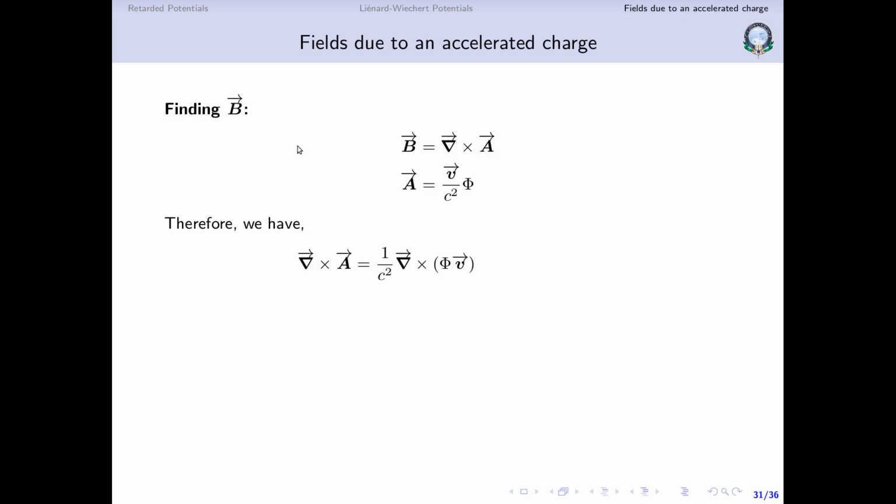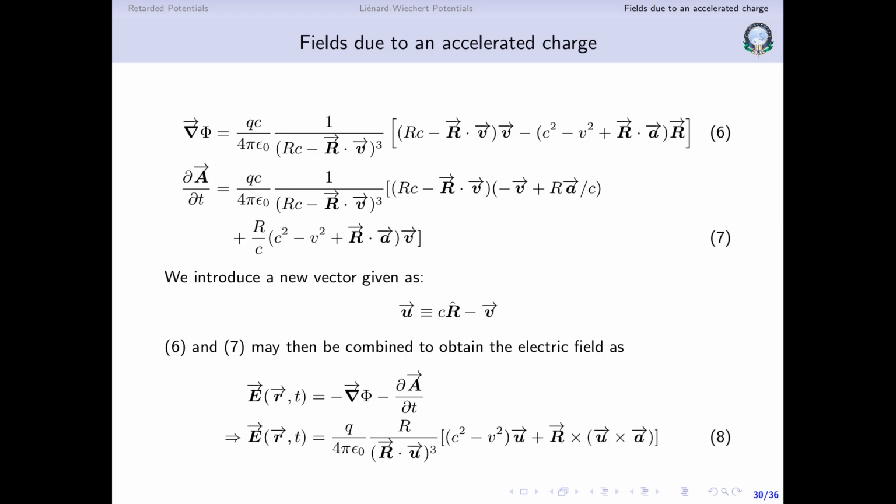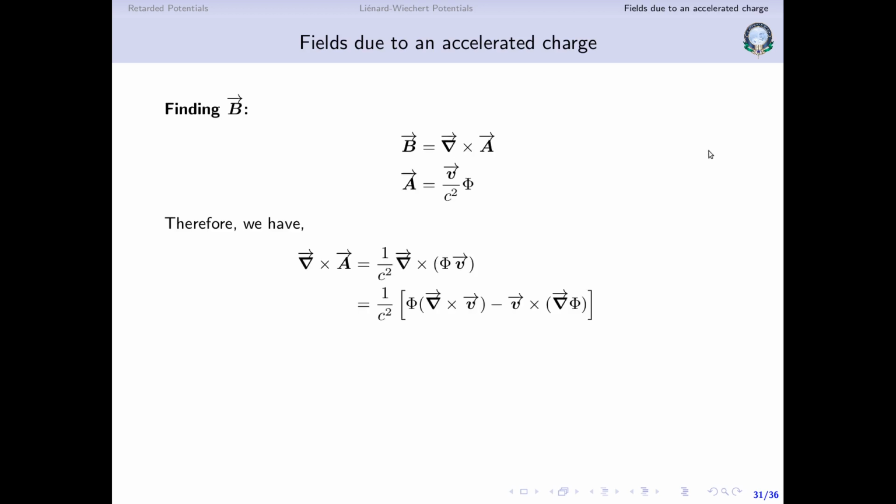We already know what is phi, the Liénard-Wiechert potential. We also know what is gradient of phi here. So this is gradient of phi. So we already know what is phi, we already know what is gradient of phi, and we already know what is curl of V, which is minus A cross gradient of TR. We have already calculated it when we were trying to find out R dot